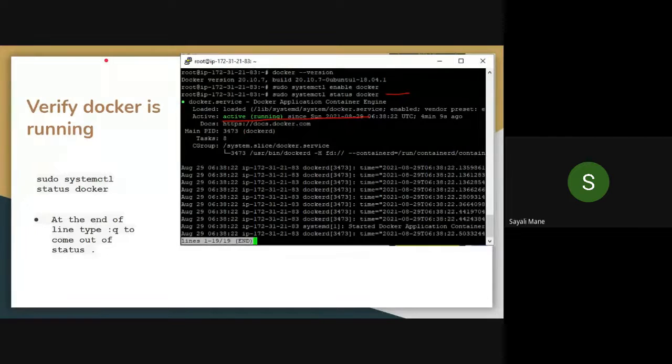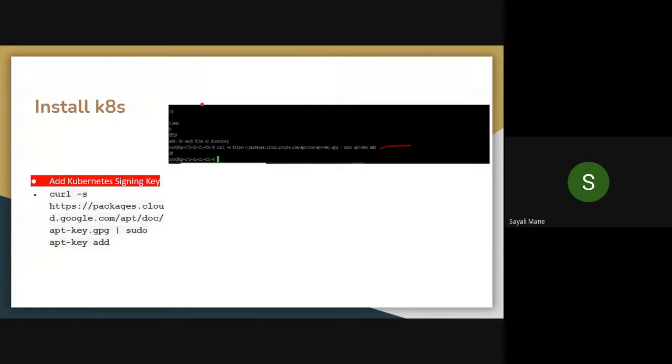So done with installing the Docker version, then checking and verifying whether Docker is running or not. We'll go to the next one, the last step, which is to install Kubernetes. So are you guys with me? Am I going fast? No, right?